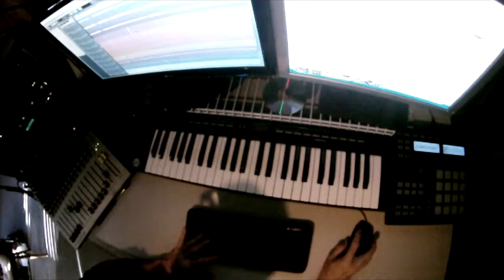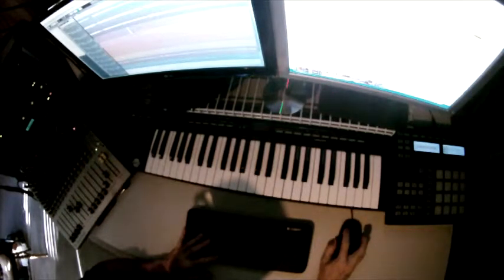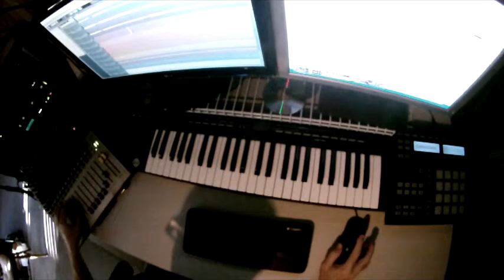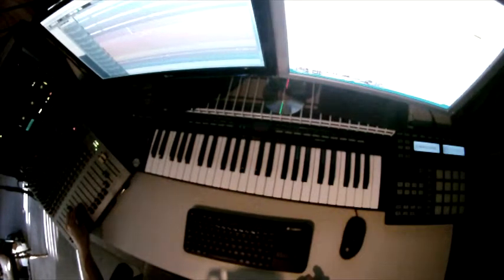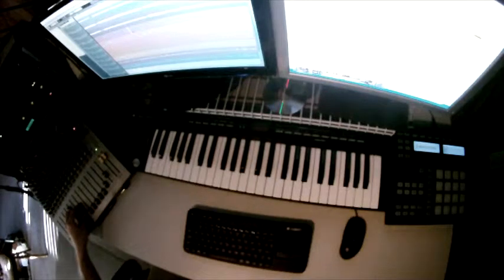See? Okay? Okay. The bass guitar and the bass drum playing together with the snare, of course.